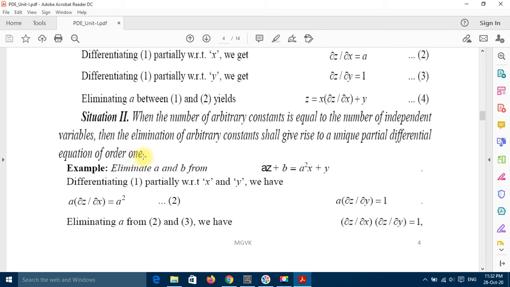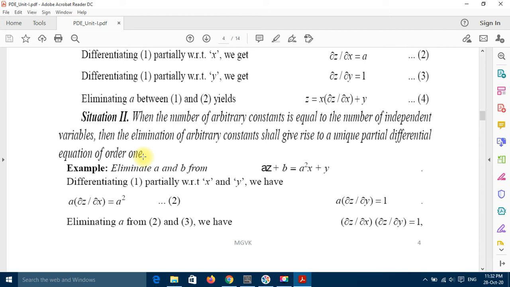Means if the function contains the same number of arbitrary constants and independent variables, means the number of arbitrary constants is equal to the number of variables, then